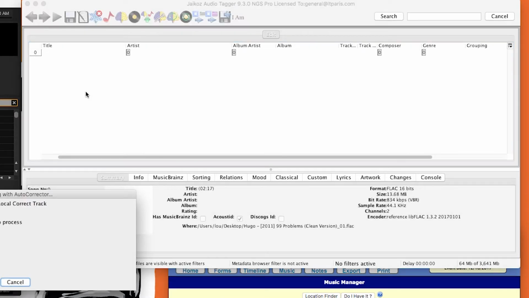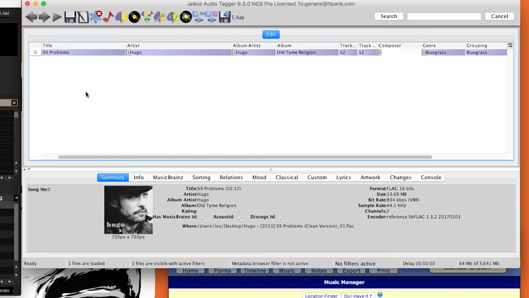I'm going to have it search through the autocorrector. It's actually going to go out to Discogs and MusicBrainz, and as you see, it's actually already tagged everything pretty nicely. So it's got the title properly. I am going to put clean in here just to remind myself in the title of the song. Pull the artist right, pull the artist picture in, the album, the track, the genre, definitely bluegrass in this case,